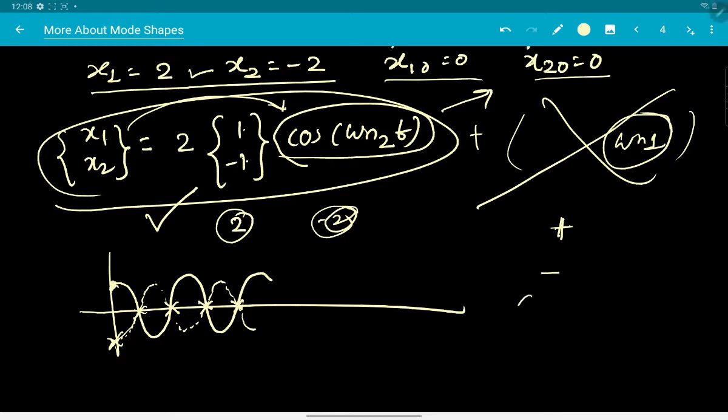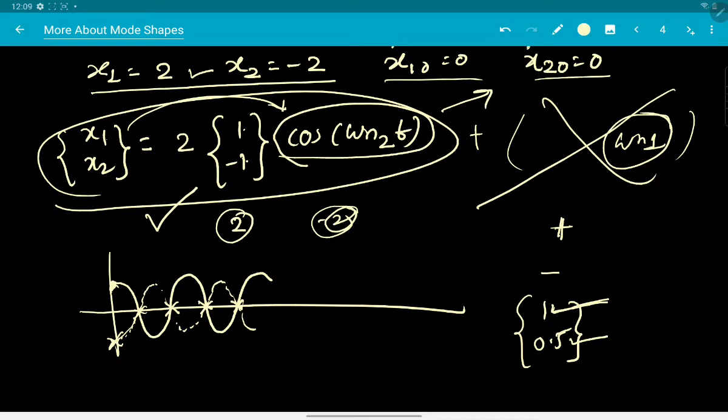You can also obtain a mode shape of something like 0.5. In that case, whatever the amplitude of mass number 1, mass number 2 will have half of that amplitude. It can happen. It depends on what the mass matrix and the stiffness matrix are. Essentially, according to the system properties, these mode shape vectors will be determined.